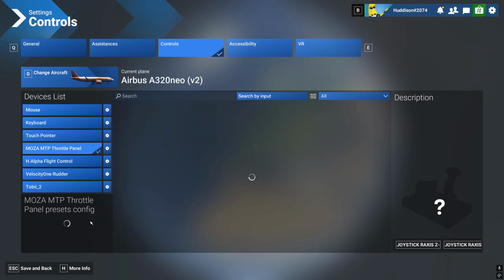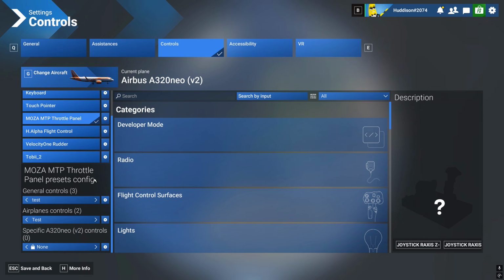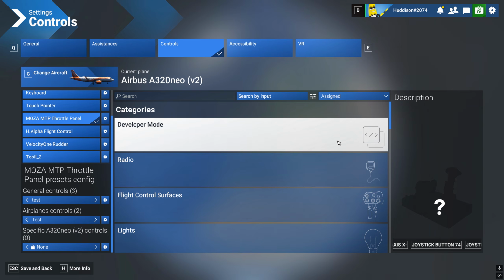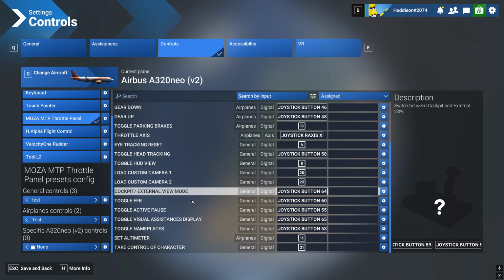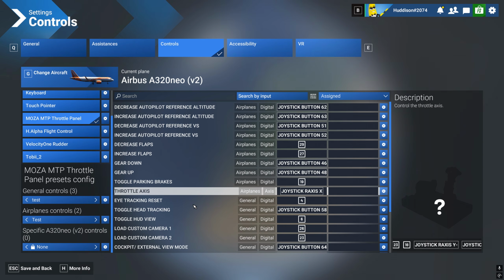Just let this spinning circle stop spinning. It's the only time this will happen, and this may neaten up with a hot patch, but it's not long, that spinning circle. As you can see, test, test, my profiles, go up here, go to assigned. They've all carried across to airliners. If I wanted something else added to this profile for airplanes, because I'm in an airliner, it has more controls, I can add. Well, I would actually go here, just to give you, let's hope this doesn't confuse people,